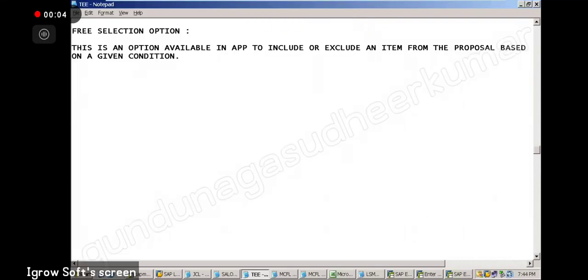Sir, in FB03, after changing the payment term to NT60, when we go to FBL1 it should show the calendar, no sir? So NT60 should show the calendar, correct? It will show the calendar. But for me it's not showing the calendar, sir, it's showing NT60.